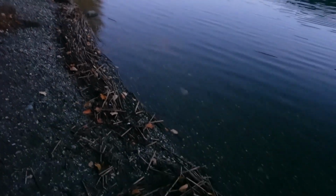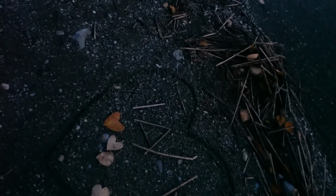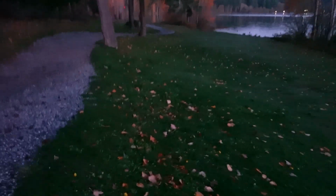Pretty cold. It'll probably be approaching freezing tonight. There's the little love right there. It is getting kind of mushy on the grass out here, so you might want to stay on this trail if you're out here. We've hit the season where you can't walk through the grass anymore without getting your shoes